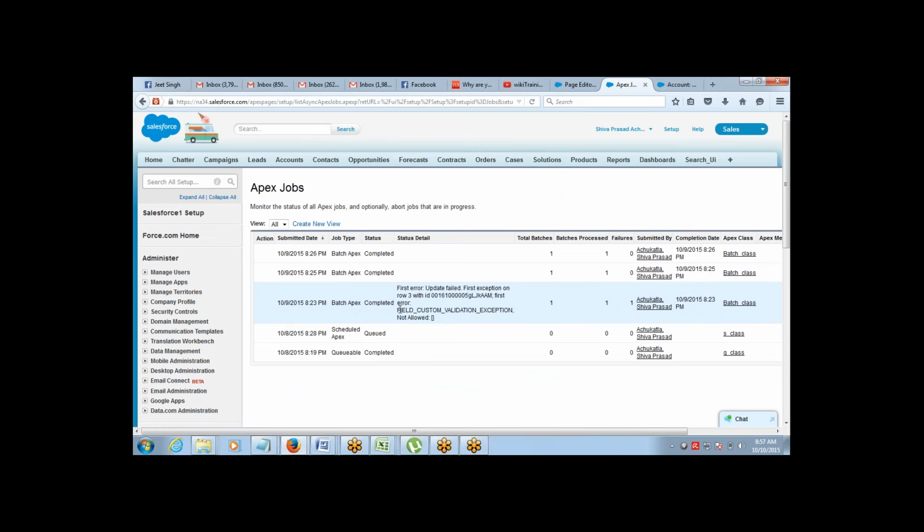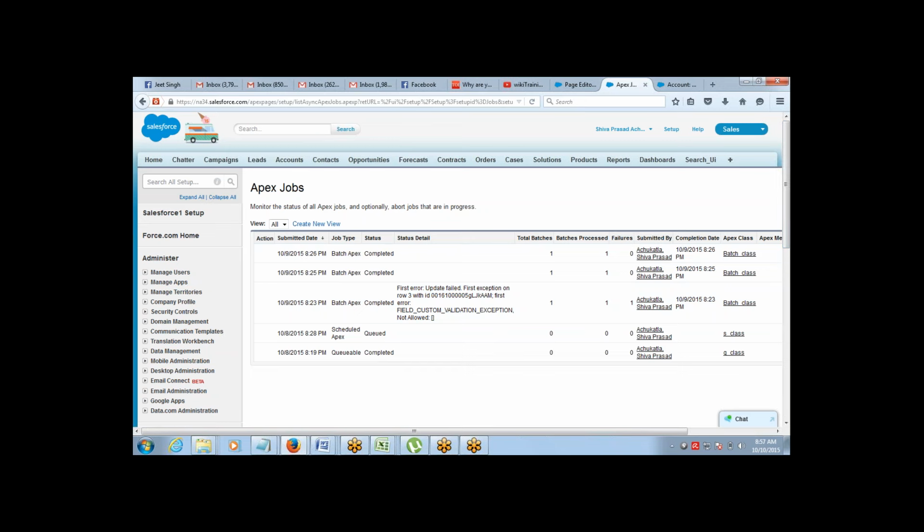It tells you that a field custom validation exception is there. That is either your validation rule or your before trigger, which is throwing the problem for the validation. Got it? Whatever error is there, it will show it to you. So this was because of a trigger, and we went and figured it out.